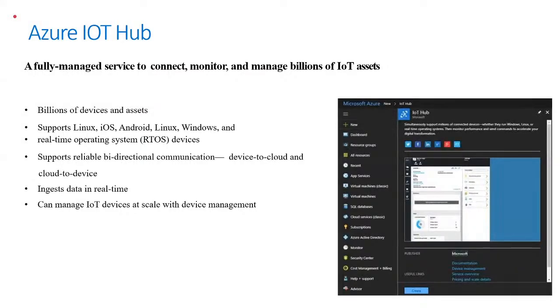So if you are working on a project which contains a real-time operating system, it might be pretty hard for other services to embed with it, right? But IoT Hub also supports this type of system. Another unique feature is that it supports bidirectional communication, which is very important for an